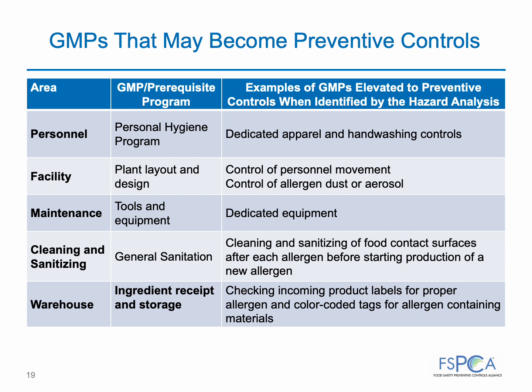Above are examples of GMPs or prerequisite programs that could reasonably elevate to preventive controls in a facility that handles allergens. The allergen preventive controls could focus on preventing cross-contact, with controls directed at personal hygiene, such as hand washing, facility layout related to personnel movement and dust management, the use of dedicated tools and equipment, and